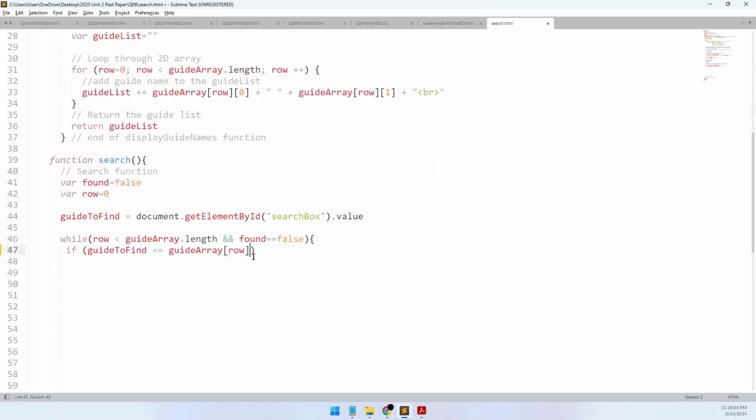So I'm going to put column number 0. So if the name entered by the user, which is held by the guide to find variable, is equal to the guideArray,